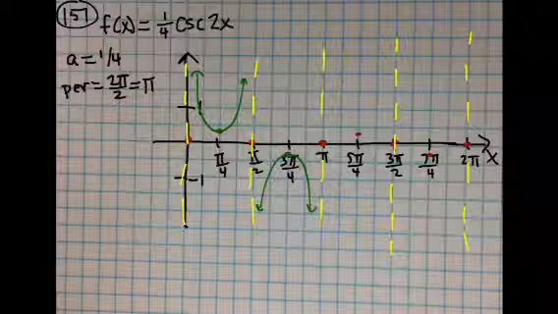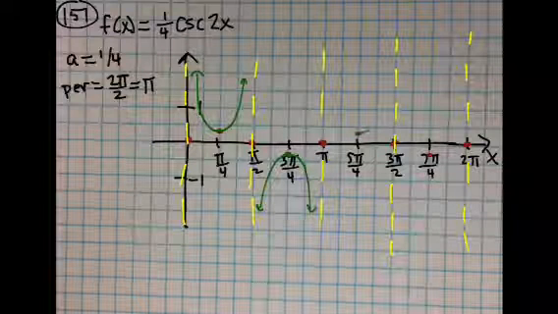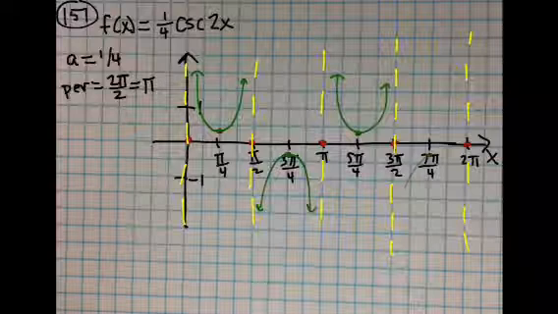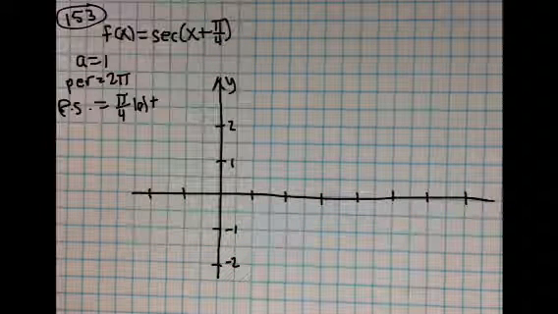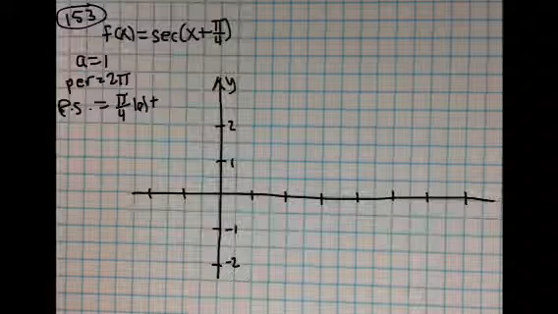Okay, and now wherever there's a maximum, we draw the u going up. Wherever there's a minimum, we draw the u going down. So secant is the reciprocal of cosine. The a value is 1, the period is 2 pi, and the phase shift